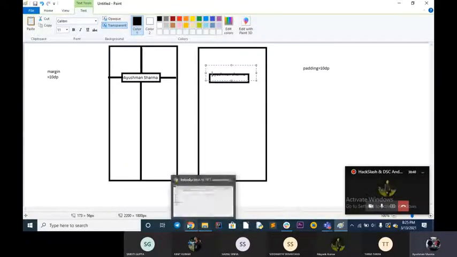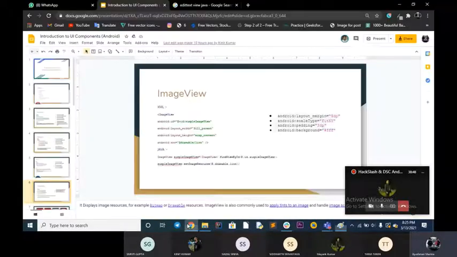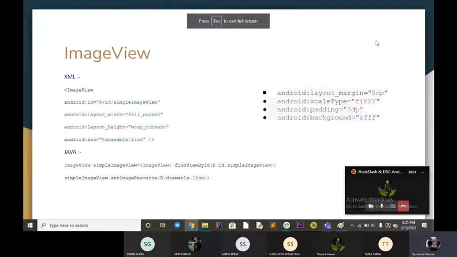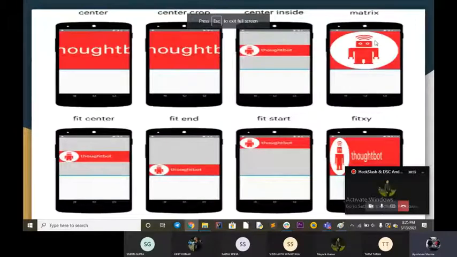So jumping to the next part. This attribute is called scale type. So we have different types of scales in our image view. Like mostly we use center crop.